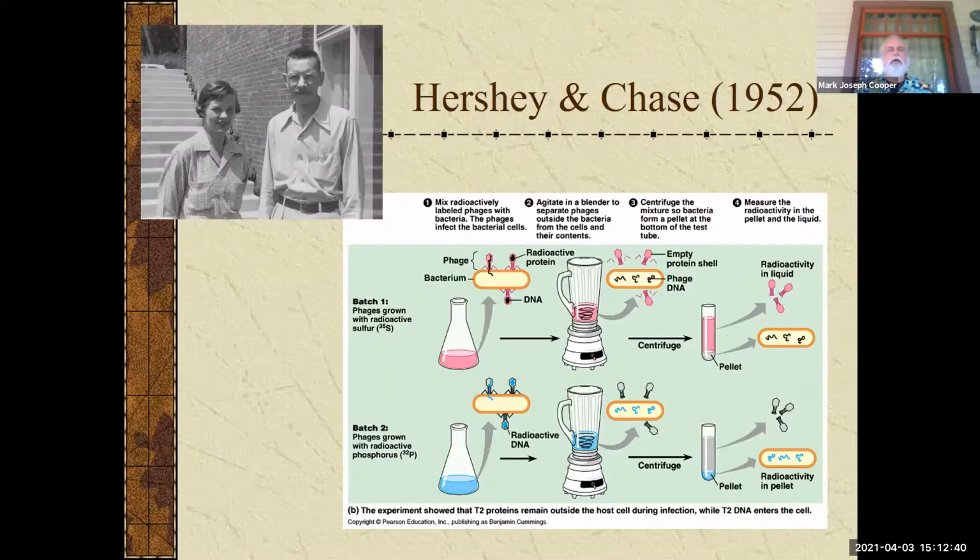So what I want you to know is that they did this very famous study, and it was pretty smart. What they did is they made some of the stuff radioactive. And so they wanted to see where that ended up in the new individual. So what they did is they made things radioactive. Now, what I want you to know, and we haven't really gone over, is